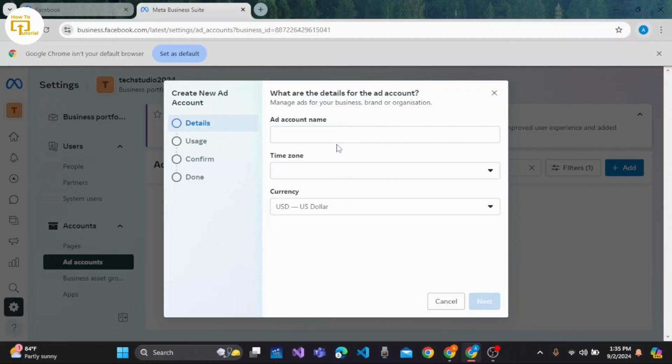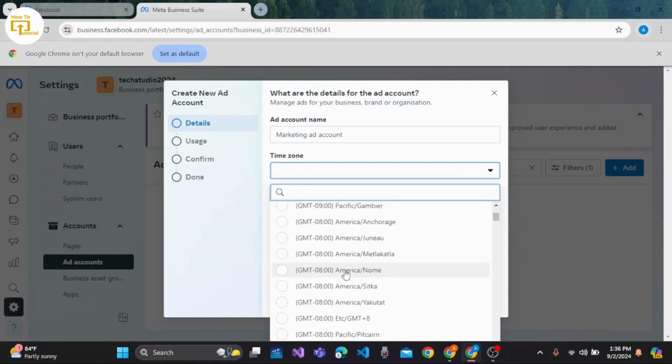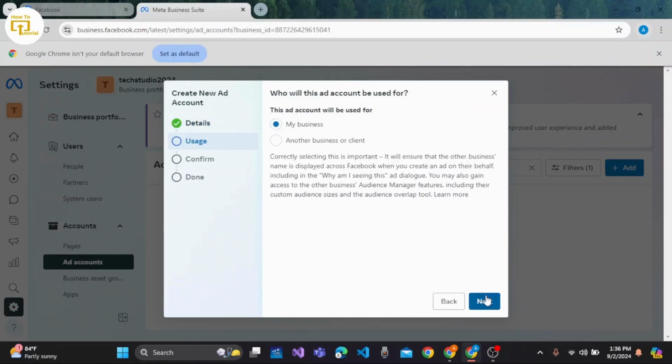Here are the details that you need to fill out for the ad account. Your ad account name. So let's keep an ad account name here. Once done, select the time zone on this section. You can easily scroll down and select the time zone, as well as the currency on the next option. Once you have filled out all the details, click the next button at bottom right corner of the screen, and